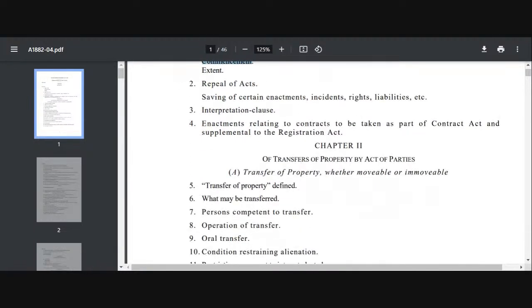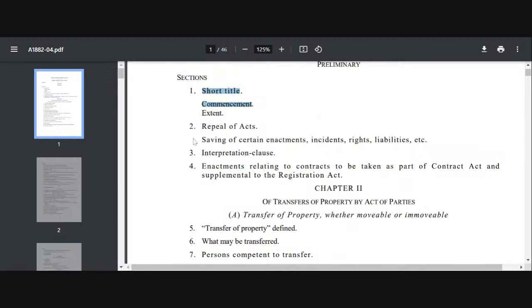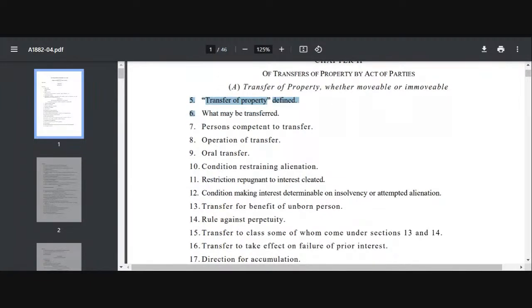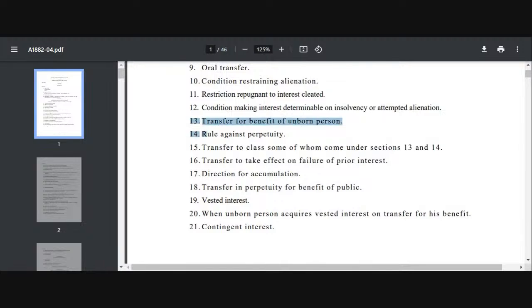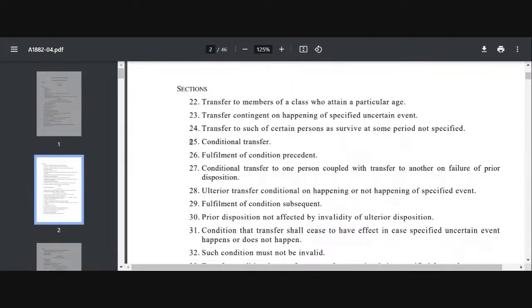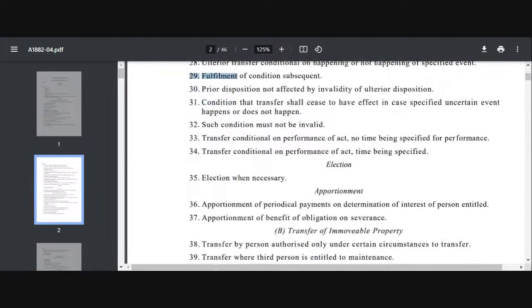As I already told you, section 1 is important. I'm again repeating the important sections: section 1 and section 3. Now here in this chapter 2, 5 and 6 are important. 7 and 8 you can read, and all the other things you can read. So 5 and 6 are important, which you have to read in depth. Section 10 you have to read in depth. 13 and 14 you have to read in depth. 19 you have to read in depth. 21 you have to read in depth. Okay. Then 25, 26, 29.